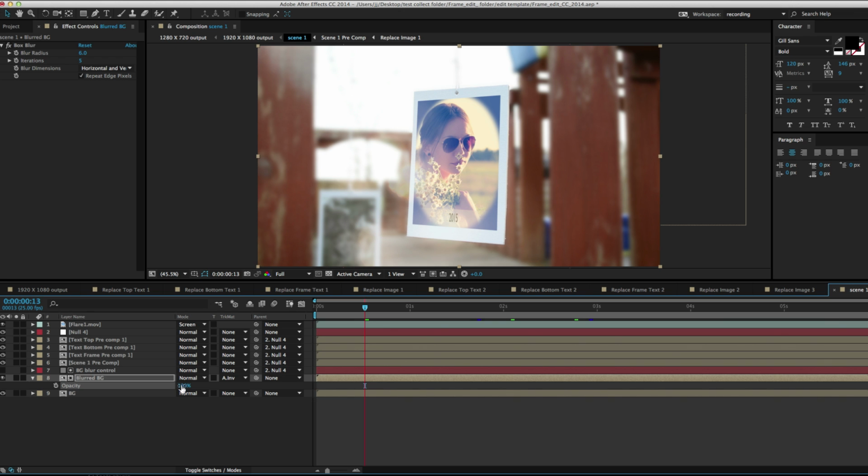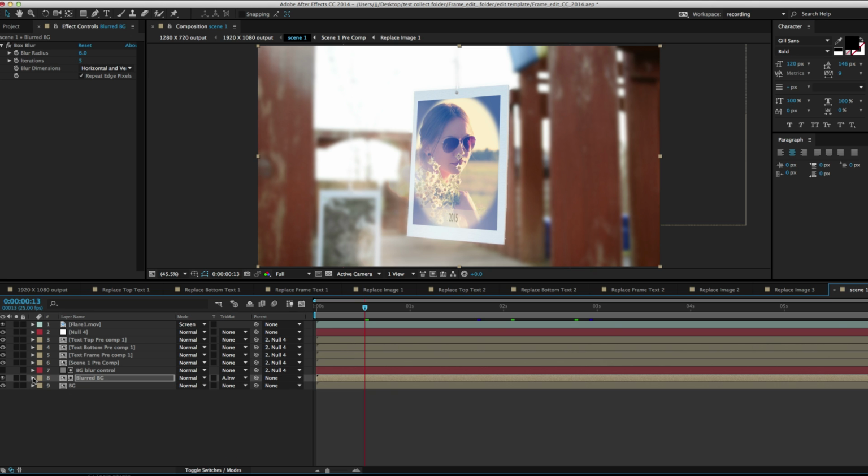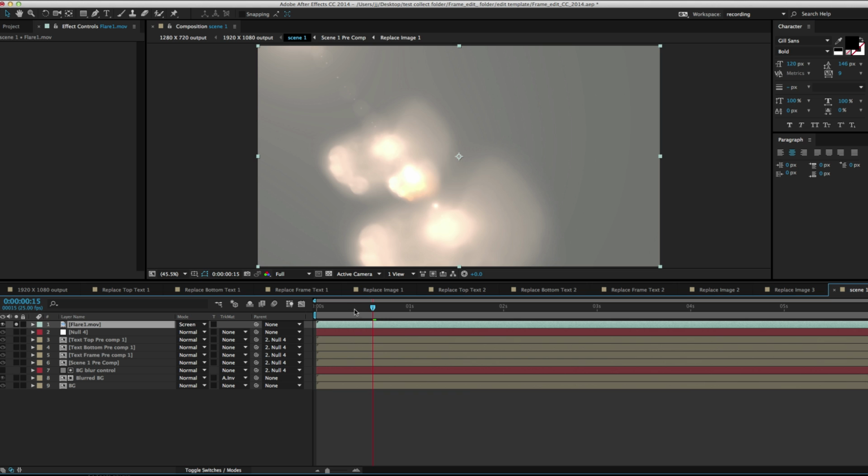If you want more blur, just go up to the effects controls for this second layer up and give it more blur or tone it down. You have total control. So you can turn it on, off, edit it, whatever you like. And the same with the flares. It's just a rendered movie. I'll just solo it so you can see it. If you don't like this lens flare,